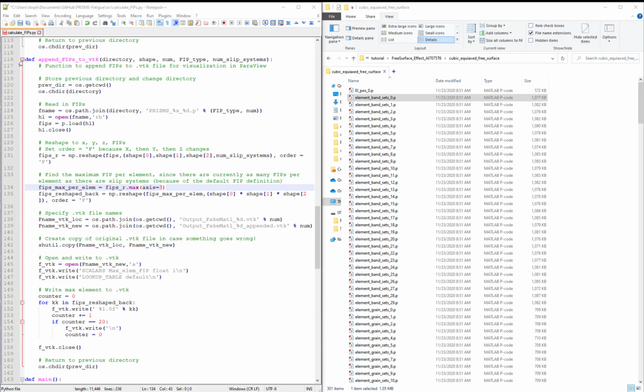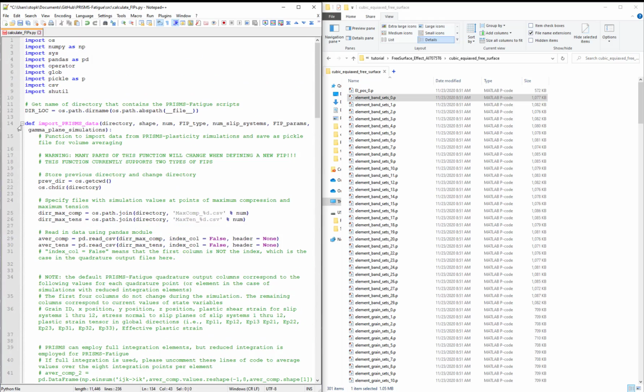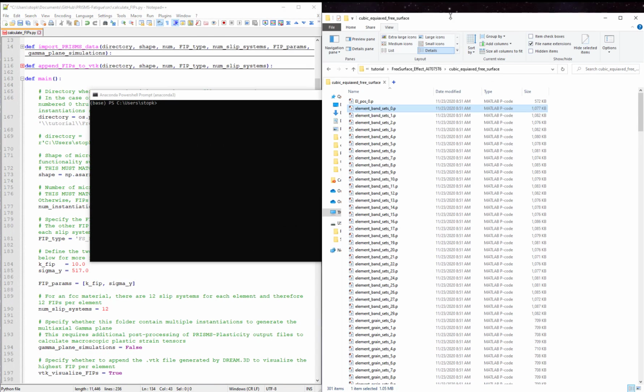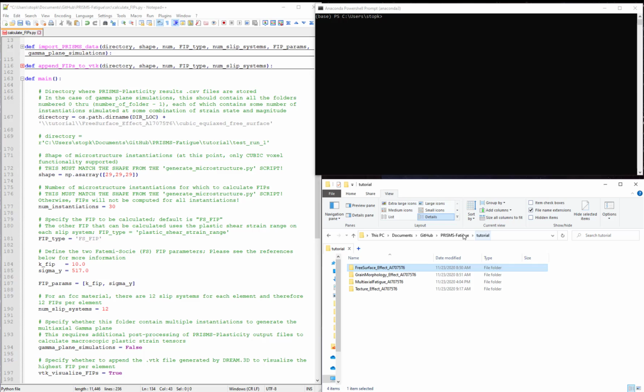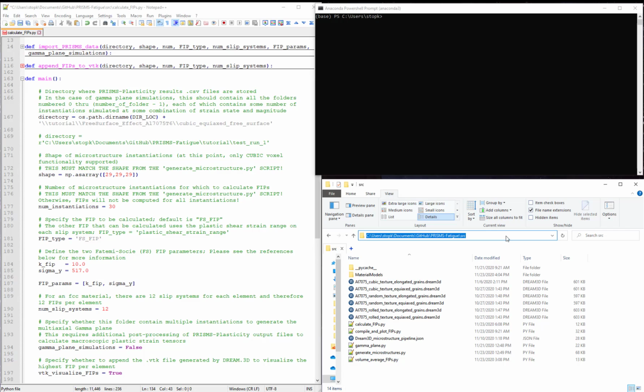So let's execute this script on the files that we downloaded from Materials Commons. So I will minimize these here and I will open up a command prompt and move this here. And then I will navigate to the source directory. I understand things look a little bit different than in generate_microstructures.py, because in that video we just wanted to generate microstructures, but in this one we will actually use the exact same files that we used in the PRISMS-Fatigue manuscript. So I will navigate to this source directory,